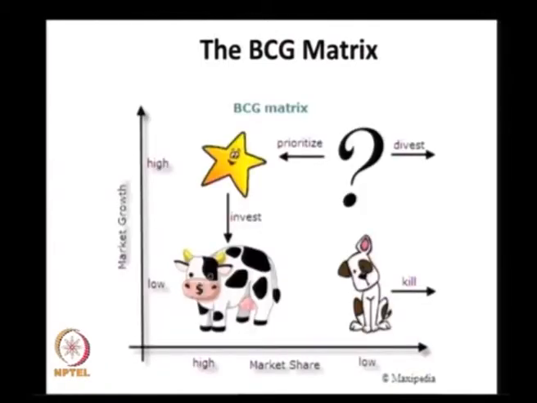So, if you look at the BCG matrix on 2 axes, which is market share at the x axis and the market growth in the y axis, based on whether they are high or low, these 4 categories are being placed: the dogs, the question mark, the stars and the cash cows. So, these are the 4 predominant categories in a BCG matrix, and what each of them characterize.